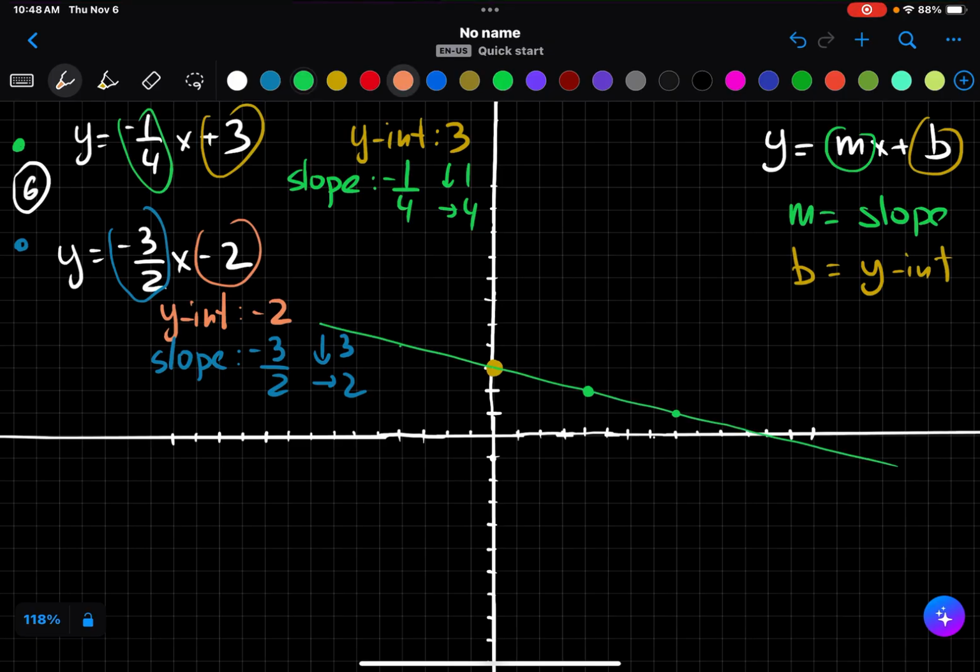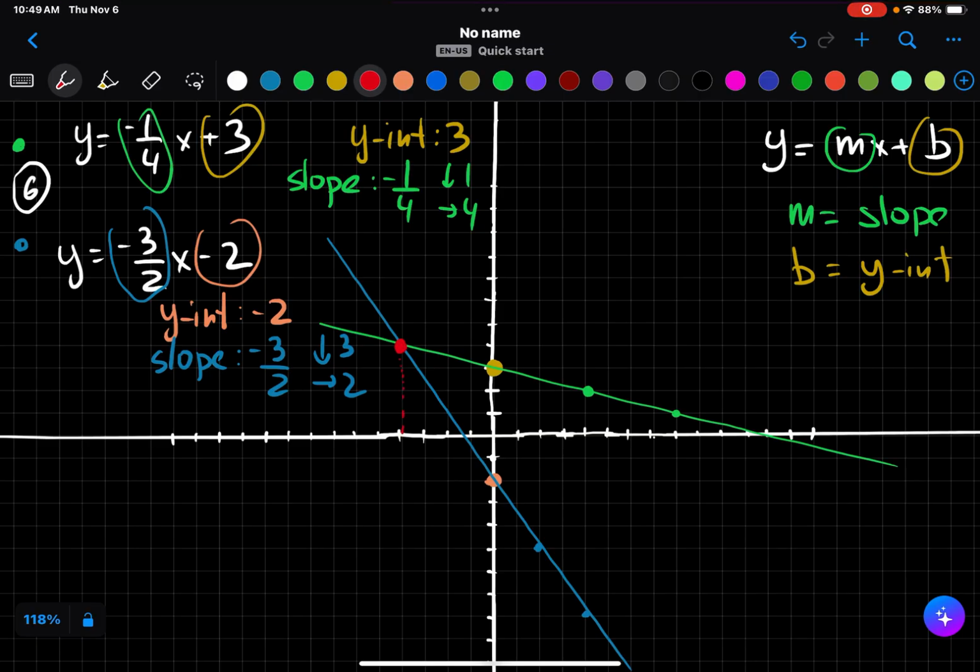And then for the second one, the blue one, our y-intercept is at negative 2. And our slope is at down 3 to the right 2. Okay. So let's graph this one. All right. And they will cross right here,